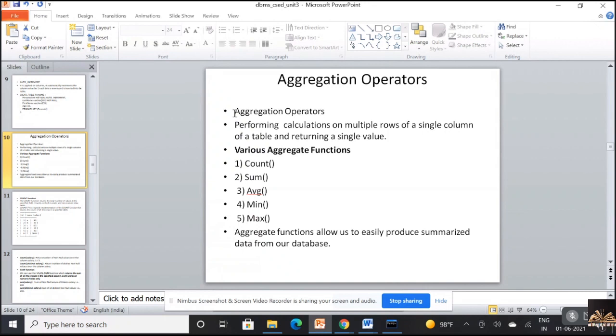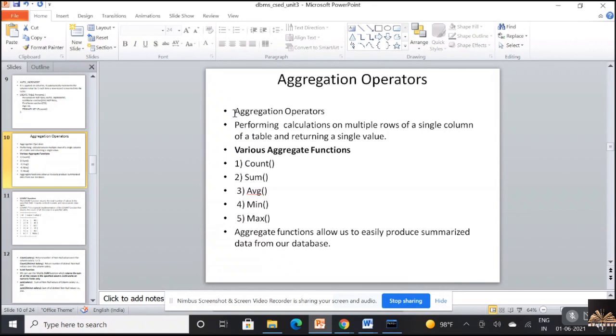And whenever you're performing aggregate operators, it would be returning you a single value as a resultant. And it is generally used to produce summarized data for our database.